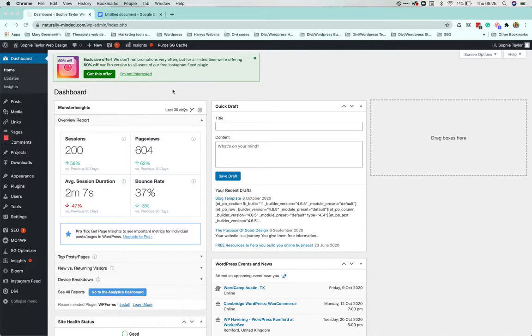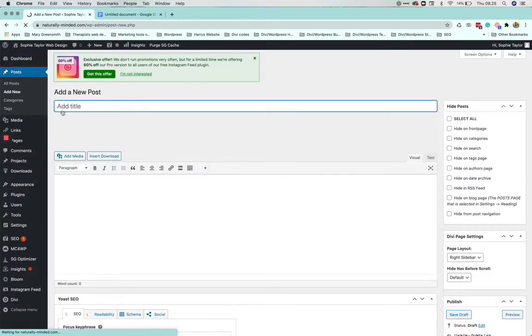There are two different ways to go into your blog. The first one is by this button here, hovering over the new, and you'll see there, new post. That post means blog. And the other way is to hover over post here, and you can see all your posts, your new posts here. So I'm going to click on new post, and then I'm going to put my title in there,